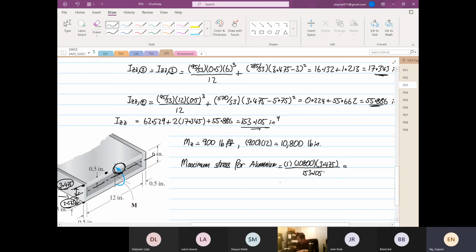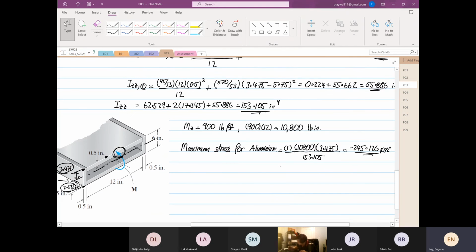So this will be equal to 1 times 10800 times 3.475 divided by 153.105. So this will be negative 245.126 psi. Okay, let me do it again. 10800 gives 245.126. Okay. So we can calculate the maximum stress